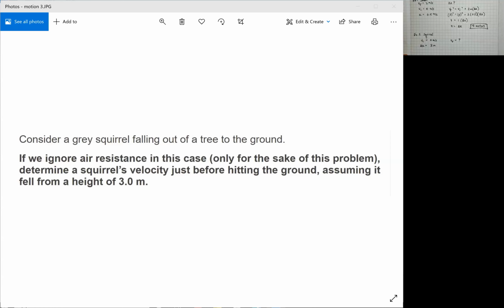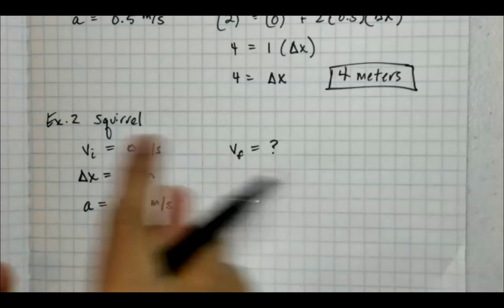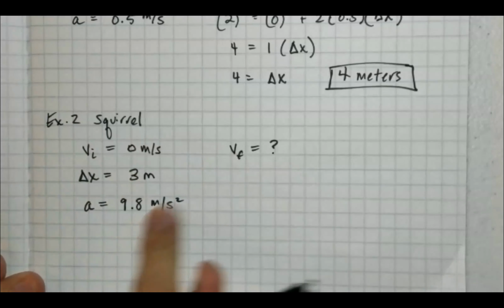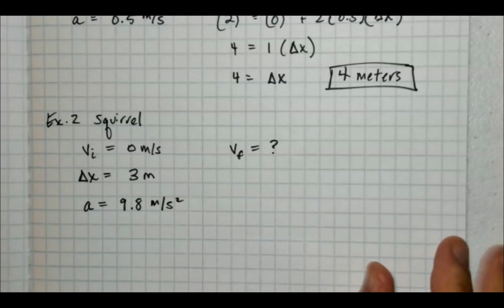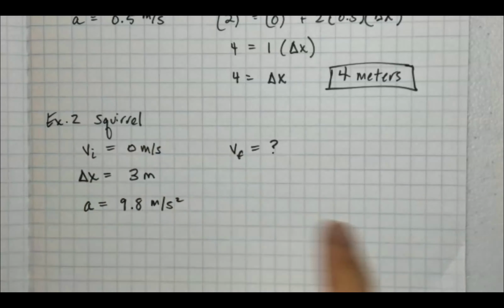If a squirrel is falling out of a tree, it's falling out of the tree because of gravity. We actually know what the acceleration due to gravity is, 9.8 meters per second squared. We know initial velocity, displacement, acceleration, and we're looking for final velocity. So this is what we know. What we don't know is time. Sometimes it's easier to find the equation we're looking for if we look at the thing that we don't have. So right here, we don't have time,